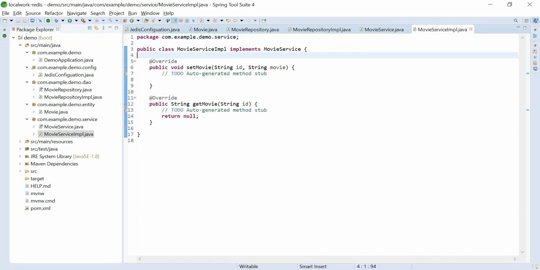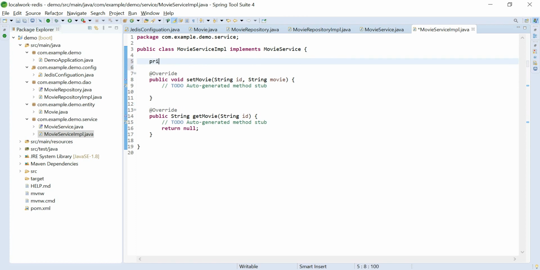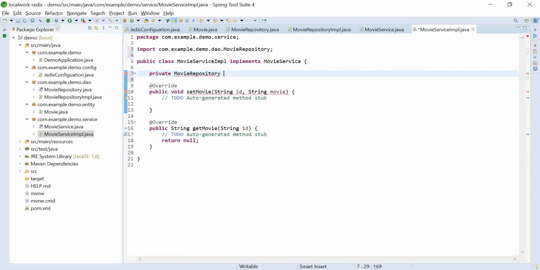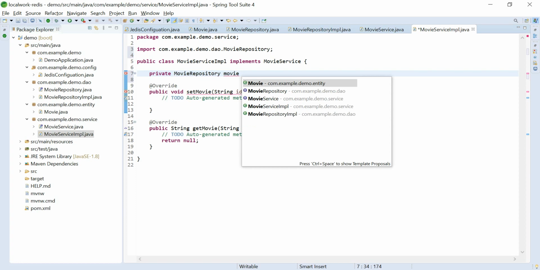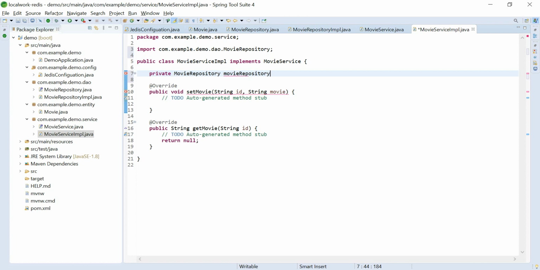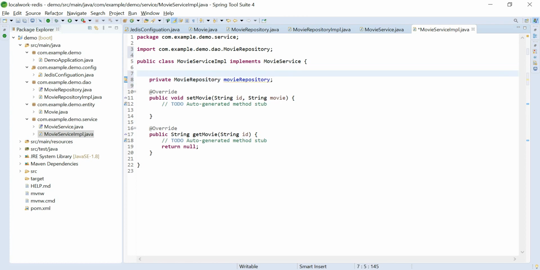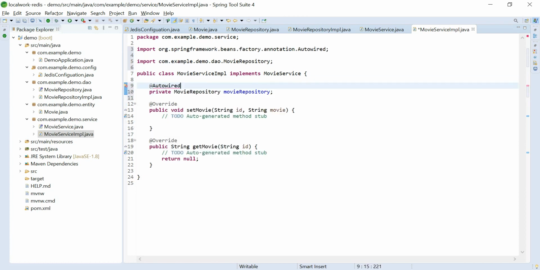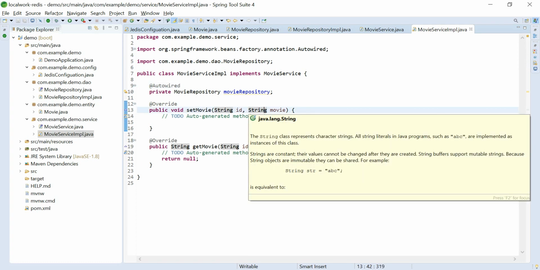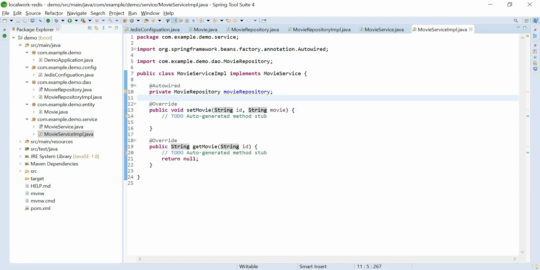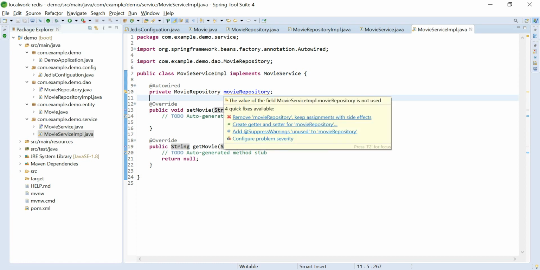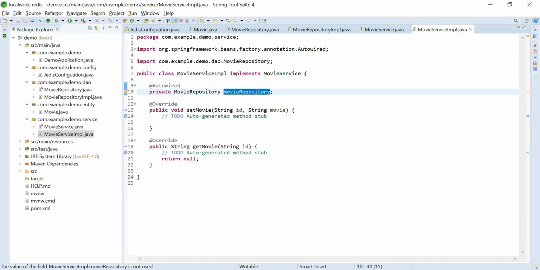Now we need the repository object, so we will create a MovieRepository reference variable here. Basically when the API is called, the controller will go to the service, the service will hand over to the movie repository, and the movie repository will finally insert the data into the database.